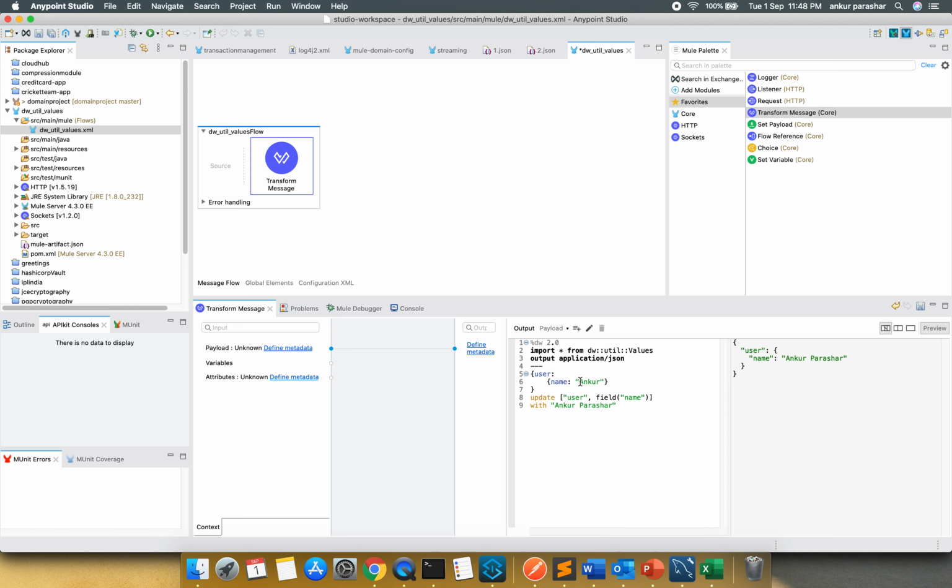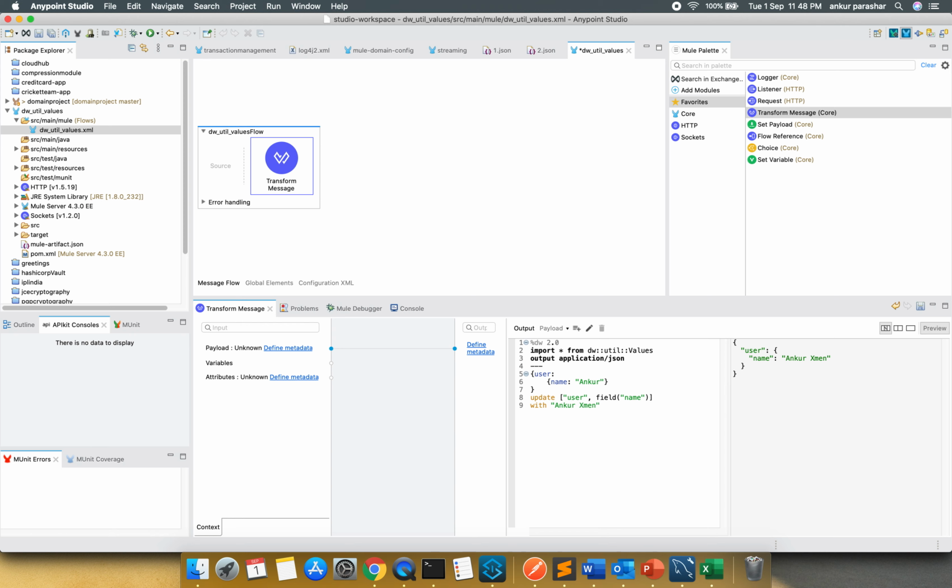It goes down in this manner: it will look for which object, and inside the object which particular field needs to be updated, and accordingly you can replace it with any other value. You can see it is getting updated. This was a very brief look at the update function which is available to us.